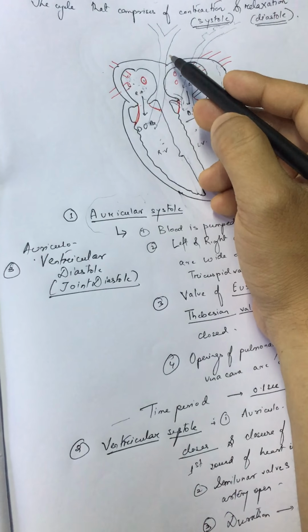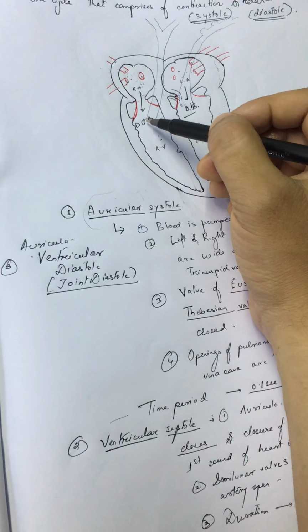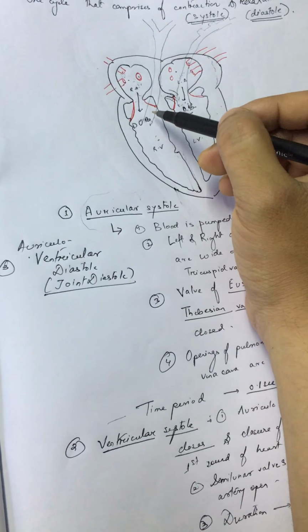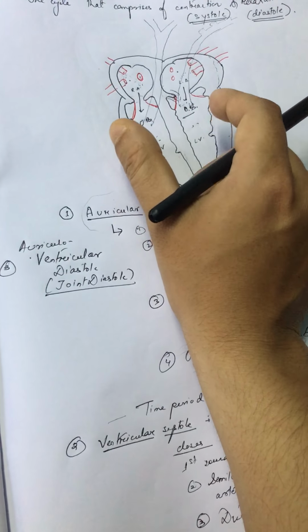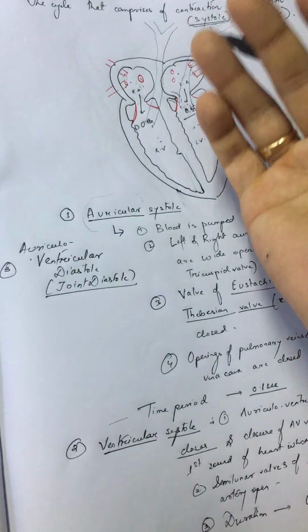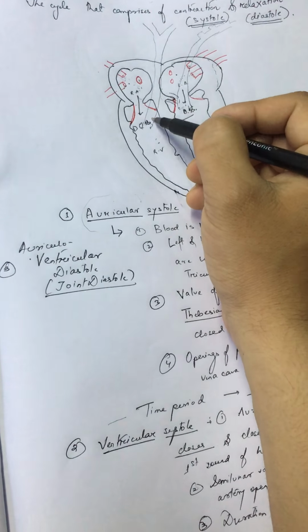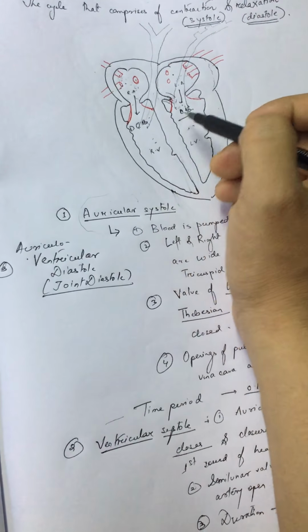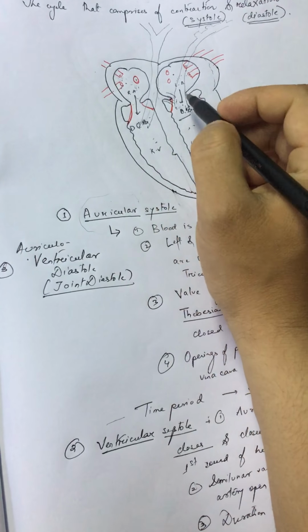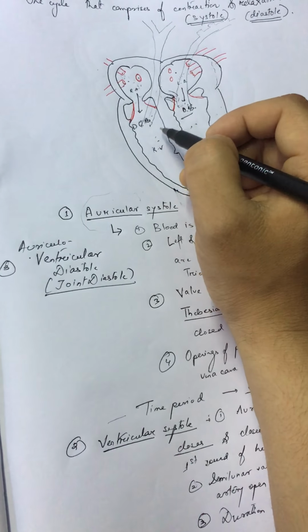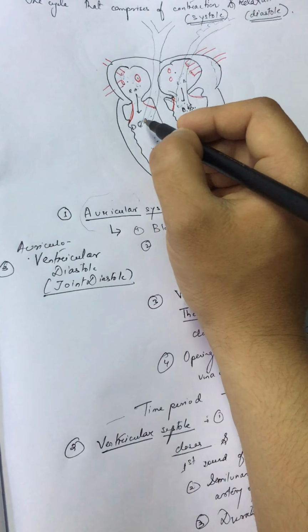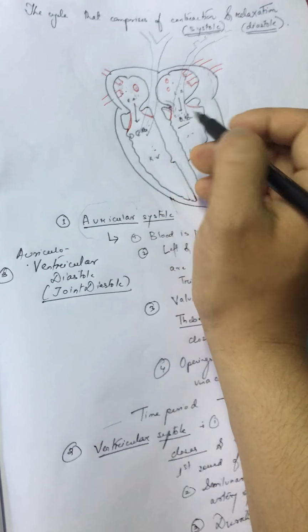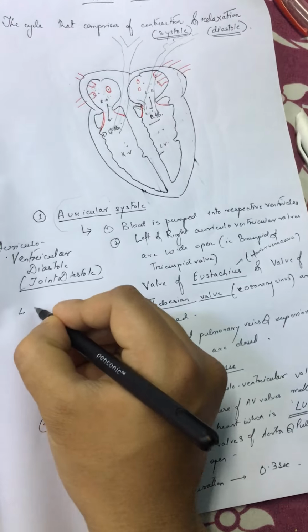So after the ventricles contract, the semilunar valve was open and the blood was flowing through the pulmonary artery and the aorta. At the openings of the pulmonary artery and the aorta, I told you there are semilunar valves. Now after the ventricles contract and start to relax, if these valves do not get closed, then the blood will again come from the pulmonary artery to the right ventricle, and the blood will again come to the left ventricle through the aorta. So during the ventricular diastole, the valves present in these openings must get closed, right? So in the joint diastole there will be closure of